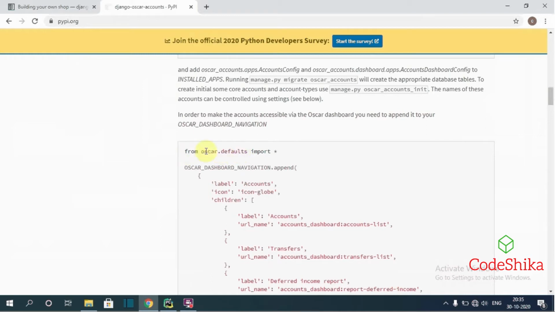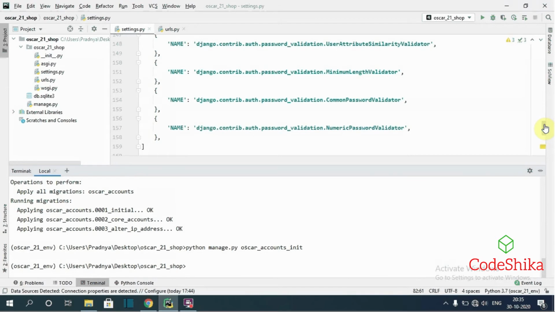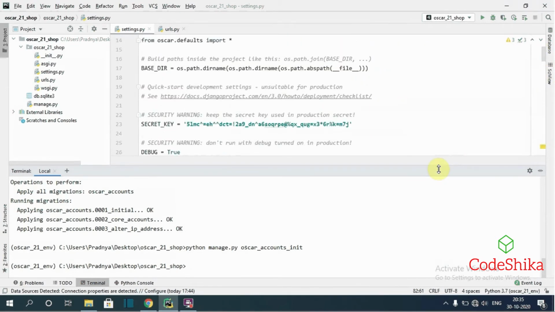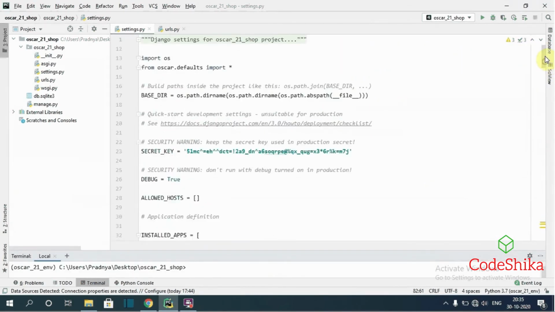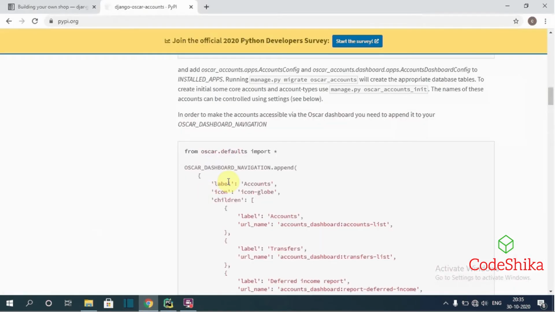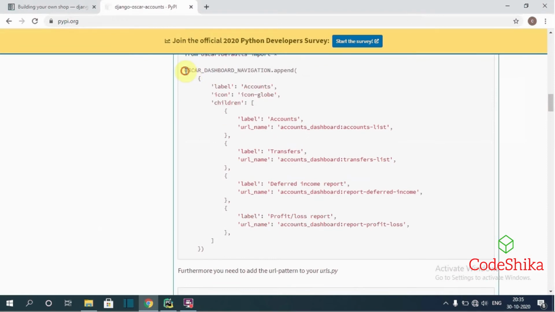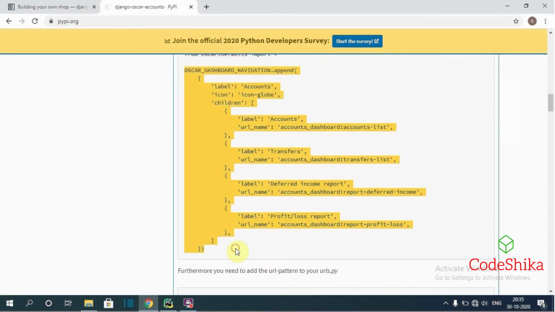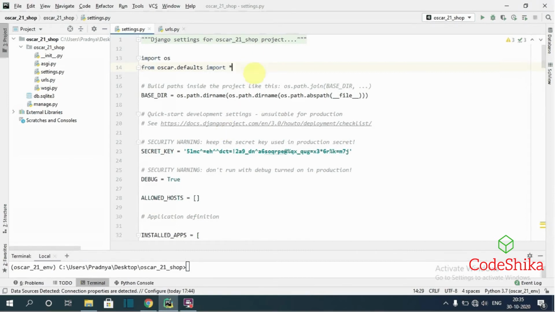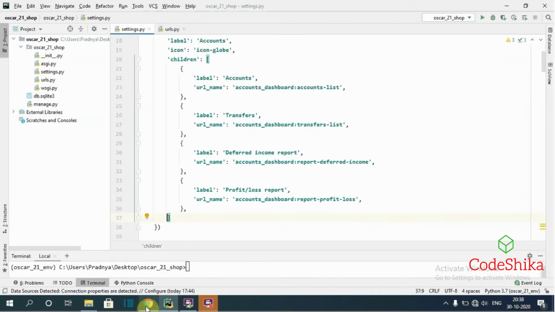We already have this import statement in our settings file, because I added this statement during the Oscar setup. So after that, copy this code and I will paste it after this statement.